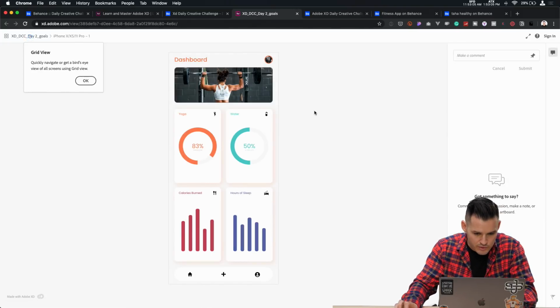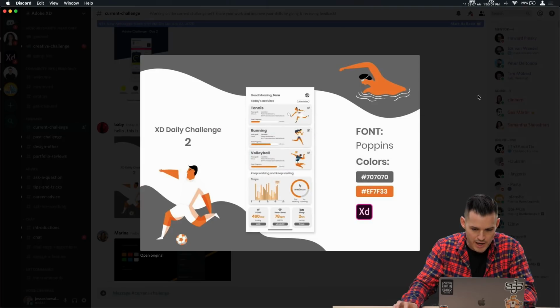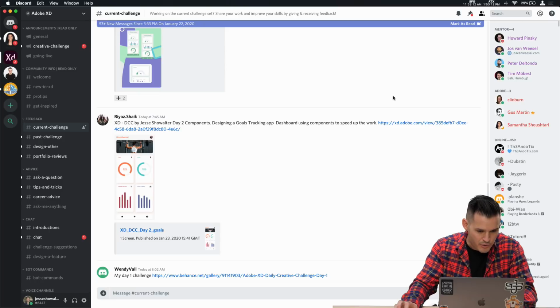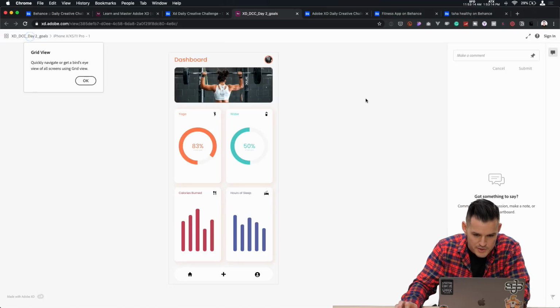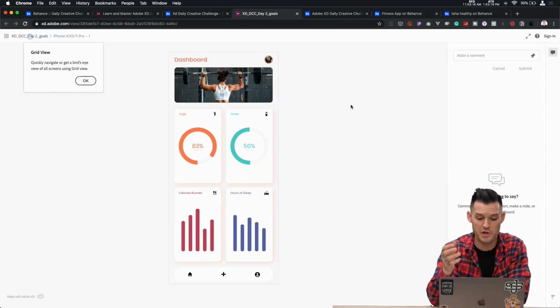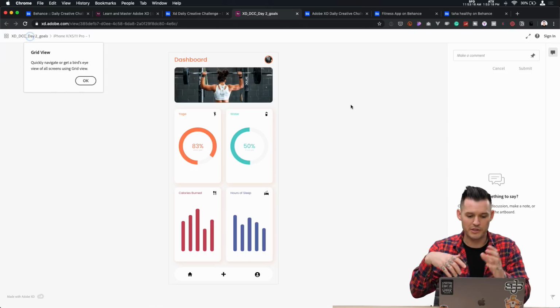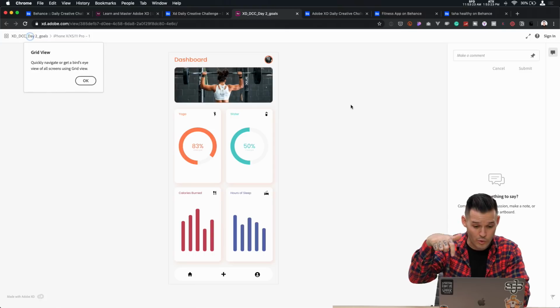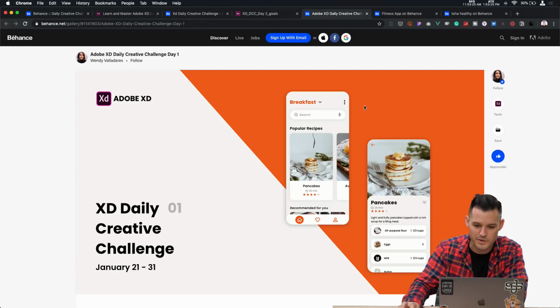What else we got here? This one is looking real good. Who is this by? Let's go back really quickly and honor the name, because they took the time. Riaz Sheikh put this one up. This is a really cool one, really similar to the one I was doing yesterday. I love the colors, following on perfectly. Those bar charts. Wasn't that fun? It was a fun thing to make. I love the usage of the orange and the green. Those are nice colors together, really smooth.